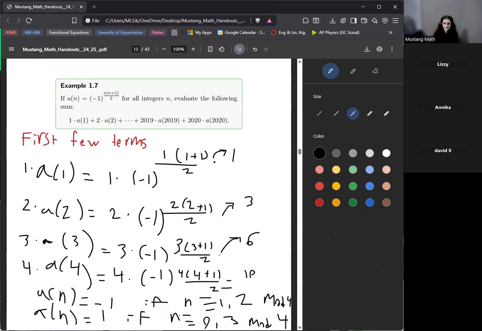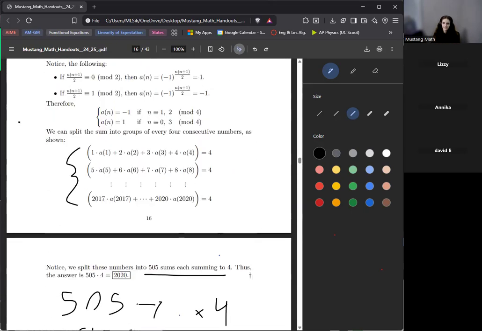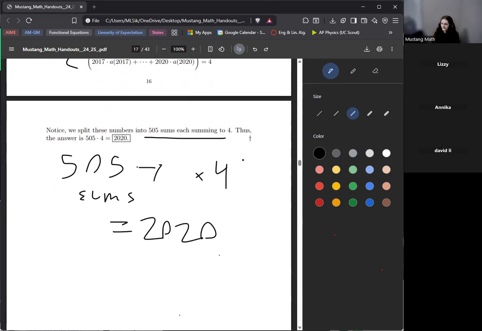So yeah, this problem looked kind of impossible at first because we have this function and we don't really know how to evaluate it. But whenever you have large sums, you can pair numbers together. So here we are pairing them in blocks of 4 instead. Okay,